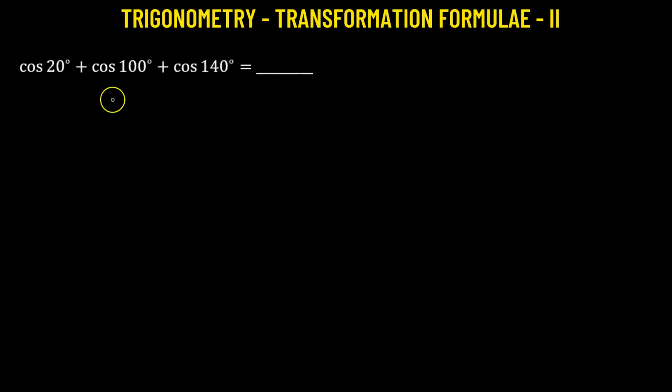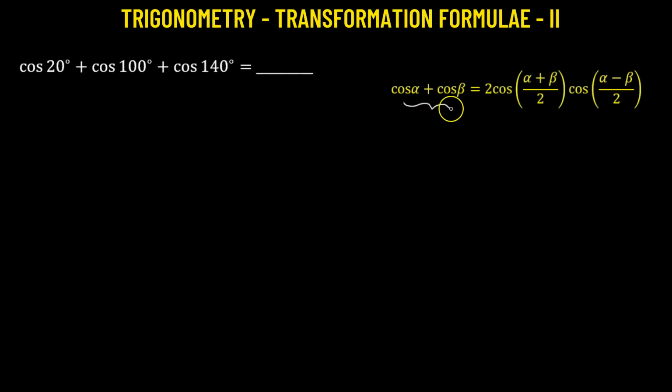So we need to find out the sum of cosine 20 degree plus cosine 100 degree plus cosine of 140 degree. Now to solve this problem, we will take the help of the transformation formula. So let's state that formula. The sum of two cosine functions transforms as a product of two cosine functions, as given by